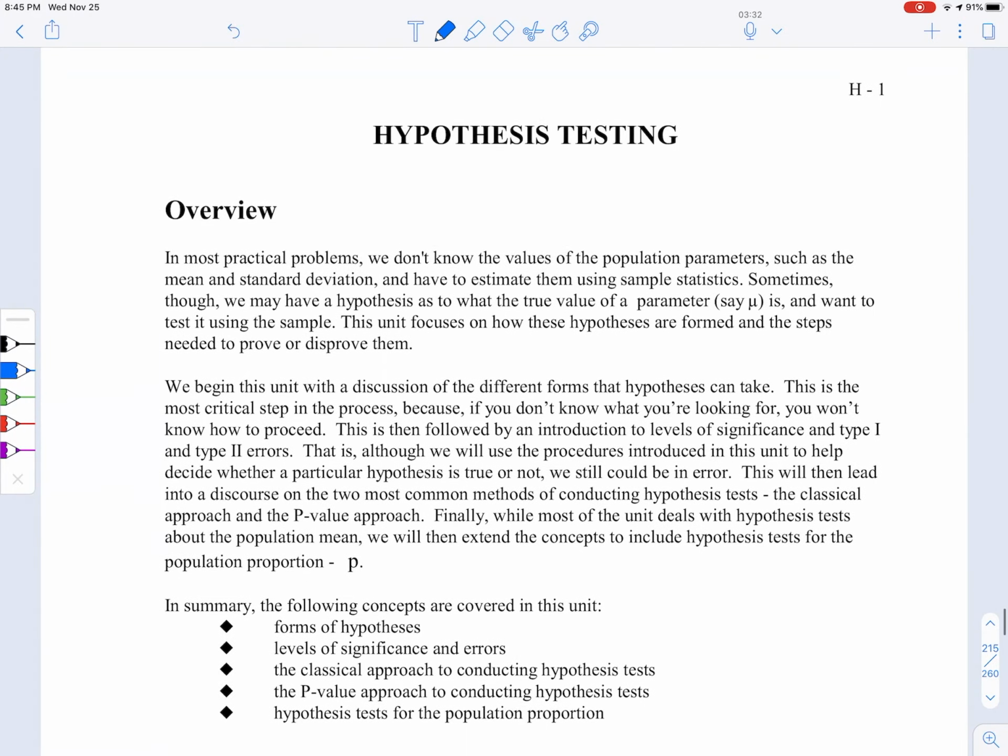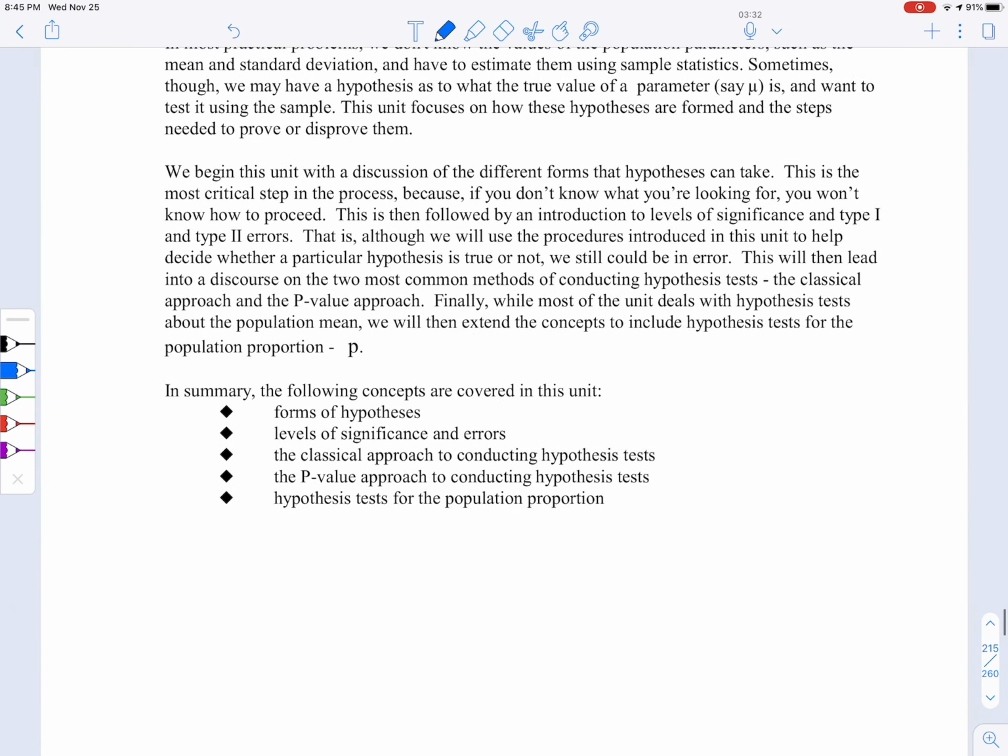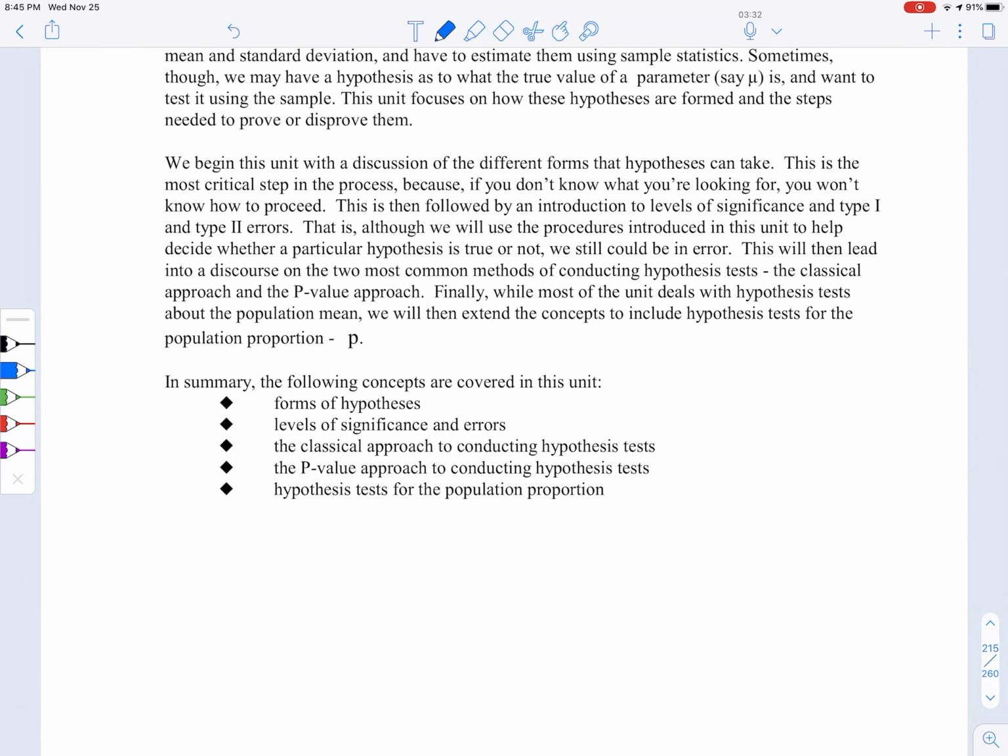So, hypothesis testing. Unit H. In this, we're going to take a look at the forms of the hypotheses, levels of significance and errors, the classical approach to conducting hypothesis tests, the p-value approach to conducting hypothesis tests, and then hypothesis tests for the population